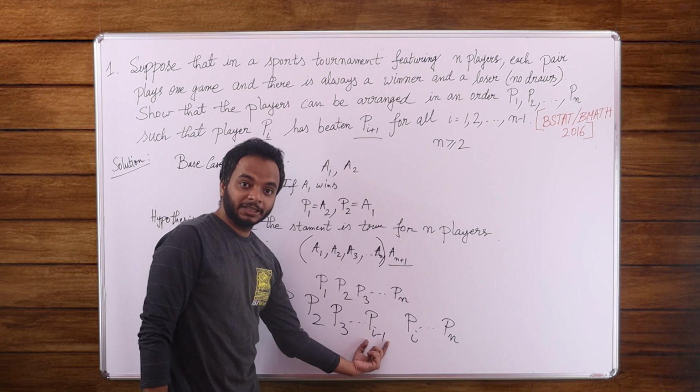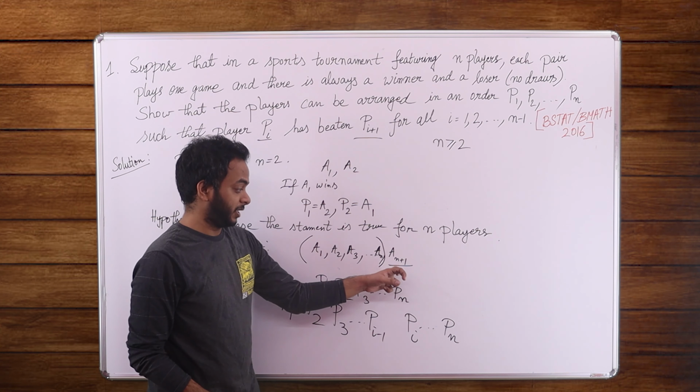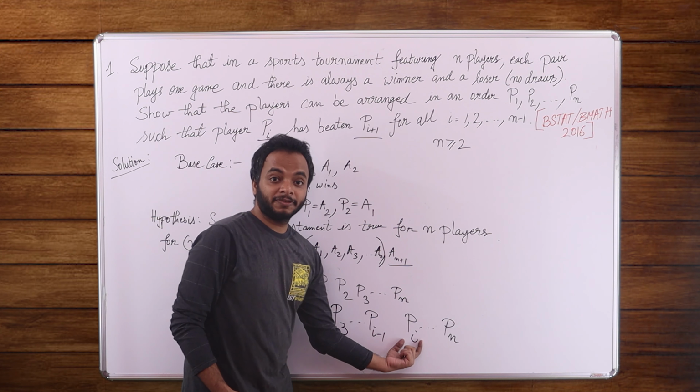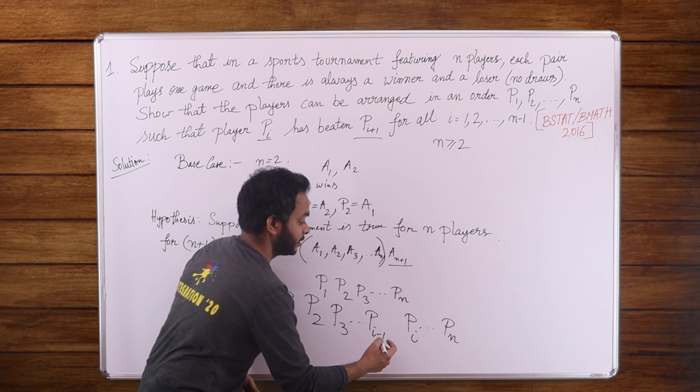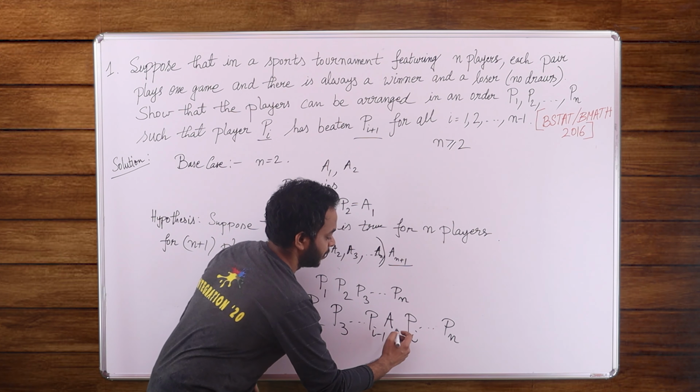We are going to every such player and asking the n plus 1th player, and for the first time, if it says that yes, I have defeated this ith player, then we put it just in front of